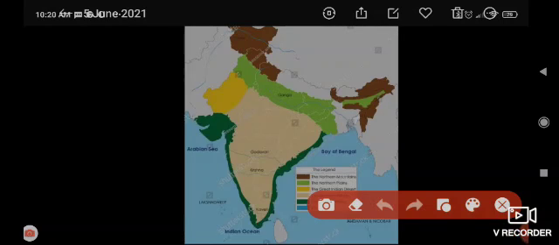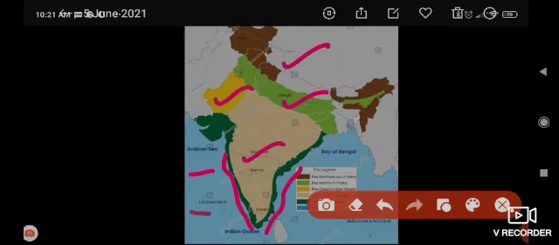As you can see, India is divided into the northern mountains, the northern plains, the Great Indian Desert, the Deccan Plateau, the coastal plains, and the islands.